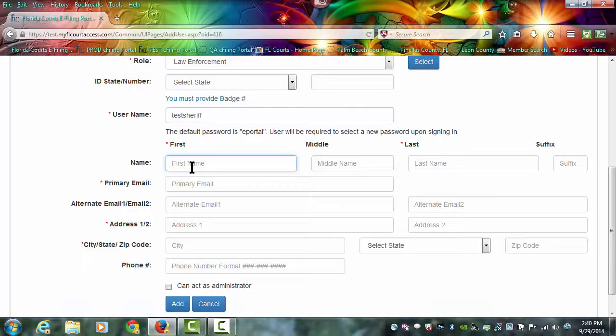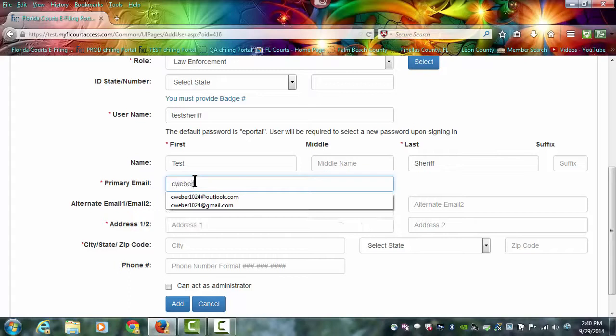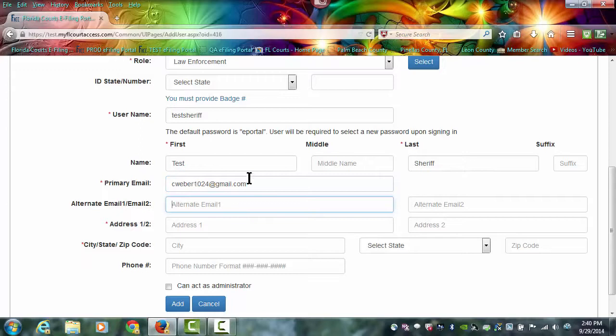The primary email address is where this filer will receive his activation link to activate the account and allow them to file electronically. And we'll use an email account that I can show you what it will look like. This is also where they will receive notifications when documents are submitted electronically, and they may have up to 3 email addresses. Then you type in the location of your law firm or your law enforcement agency, the city, state,